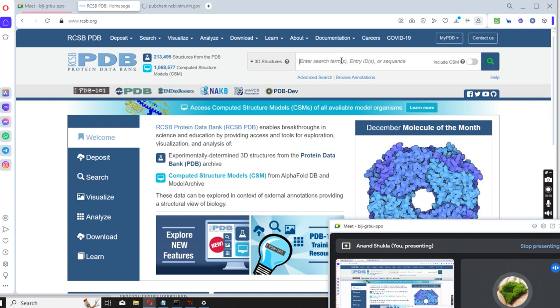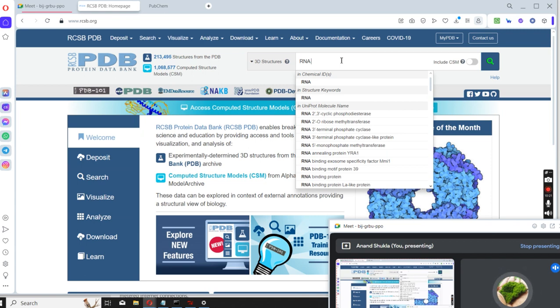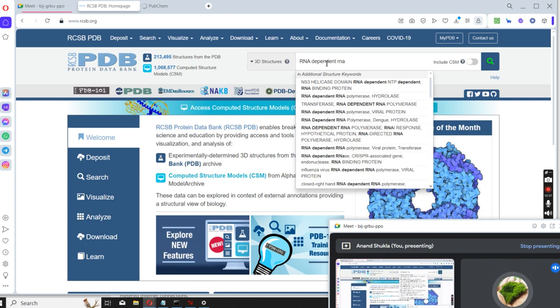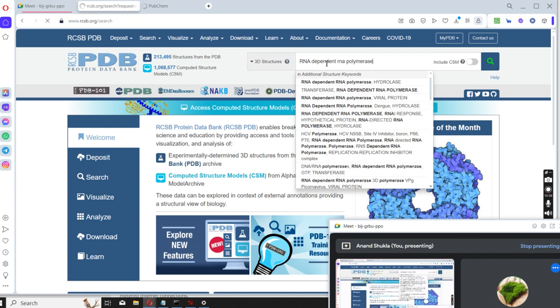So we have taken a protein, RNA-dependent RNA polymerase. This is a viral protein that causes the disease, especially in coronavirus disease like COVID-19. You have understood this thing as well. And remdesivir is a drug which has been reported for this. So I just simply type RNA dependent RNA polymerase. Now it will give me certain results,